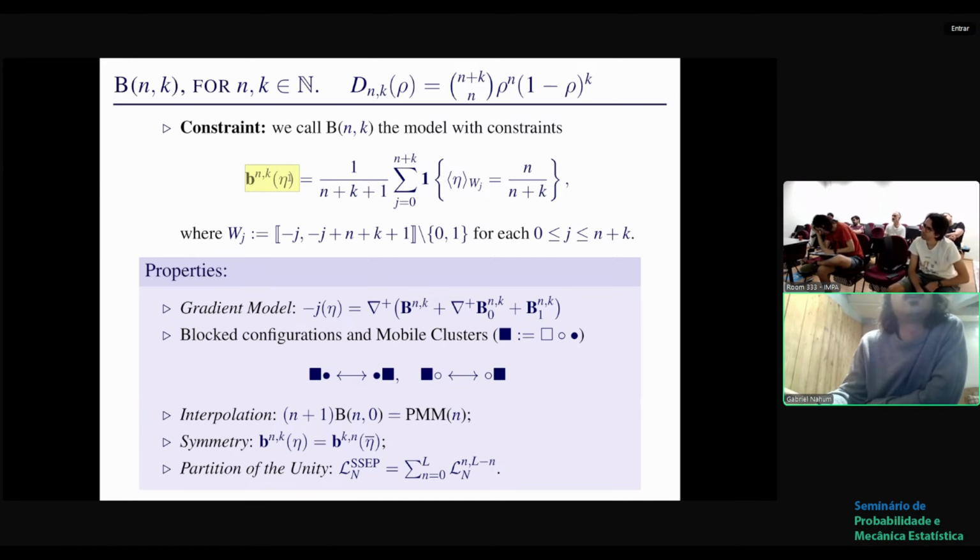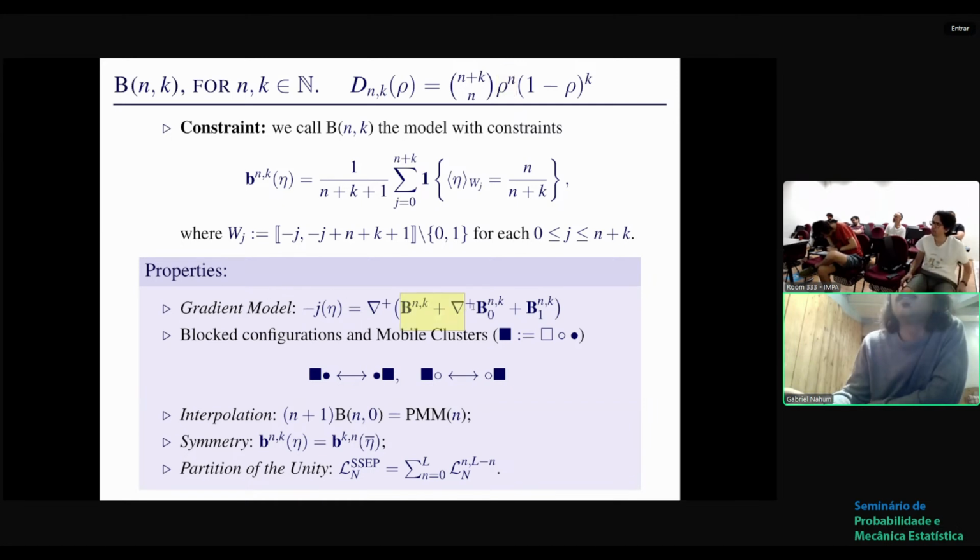Naturally, if we have that k is 0, so we have just this exponent here, then what we are asking is for the porous media model windows to be completely full, and so we are back to the porous media model that I introduced previously. So this model here interpolates the porous media model in that sense. It is also a gradient model by definition. What is not